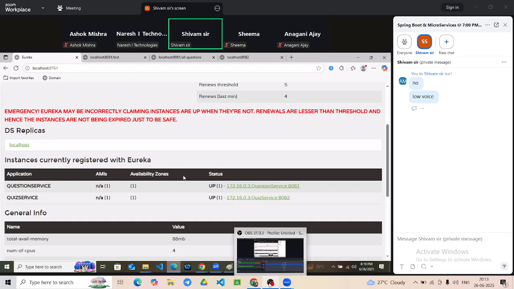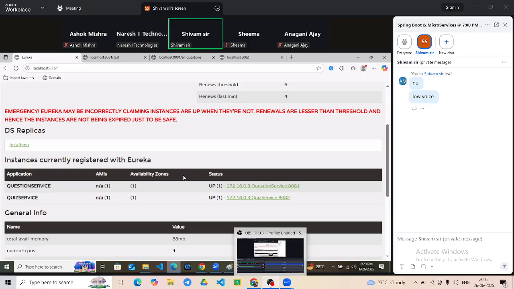This is your universal port number. This is the endpoint, or you can say this is the T point where you will stop and communicate. This is the T point of all the microservices